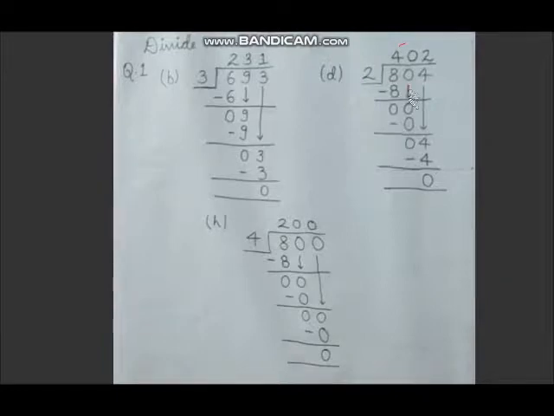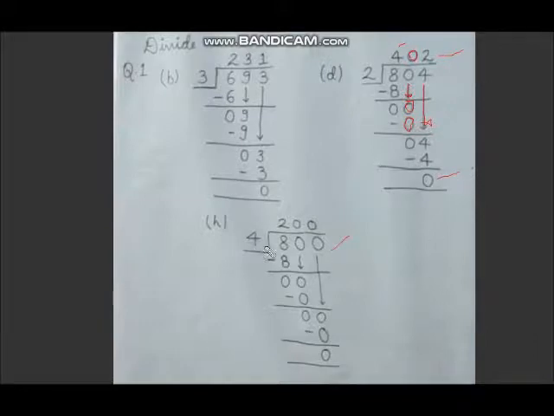Then we will note the next number over here, that is 0. So 0 को हम क्या करेंगे, 0 से ही multiply करेंगे and subtract करेंगे. So यहाँ भी हम quotient में 0 write करेंगे and subtract भी 0 करेंगे. Then the remainder is 0. At last we will note this 4. So in the table of 2, 4 comes 2 times. So 402 is the quotient and 0 is the remainder.